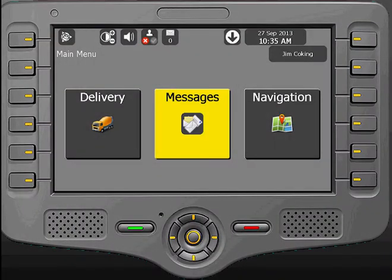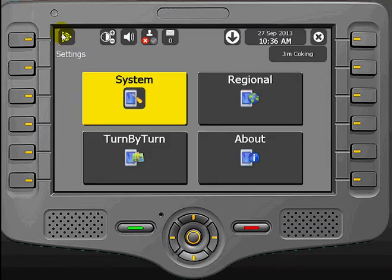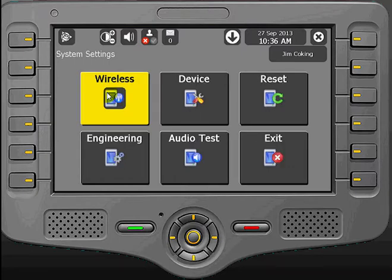In this video, we're going to discuss the engineering screen of ReadyMix, which is going to show you the functionality of your ReadyMix sensors. To access this screen, select the Trimble logo in the upper left-hand corner of the main menu. Tapping this will access the system. When we tap System, this will then present to us our engineering screen choice, which is what we want. And we tap Engineering,